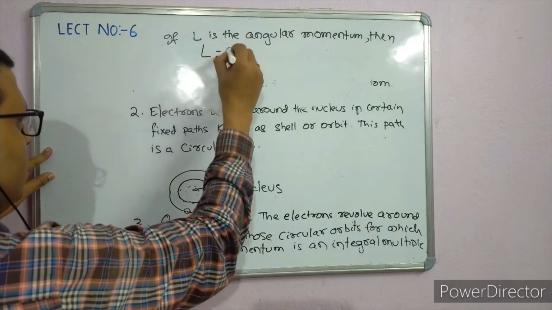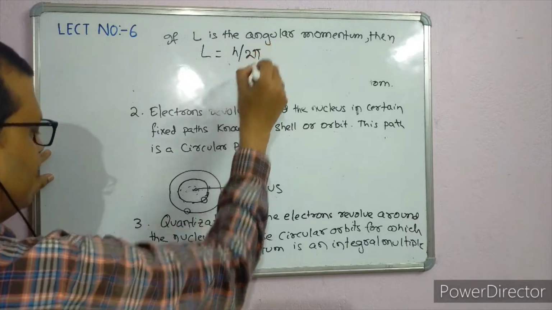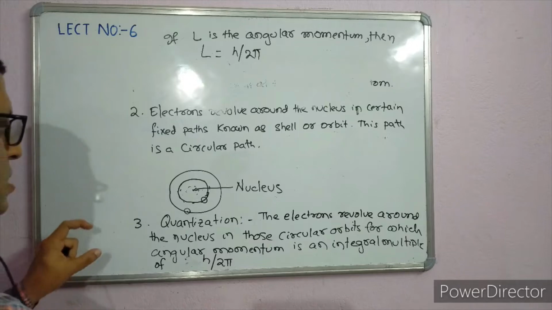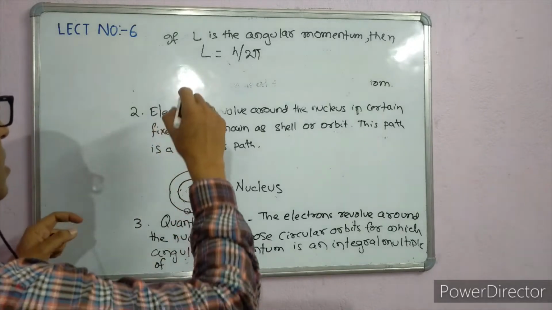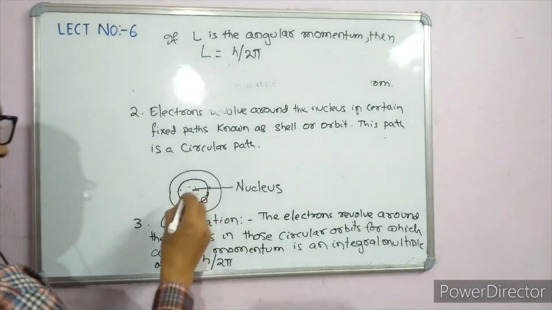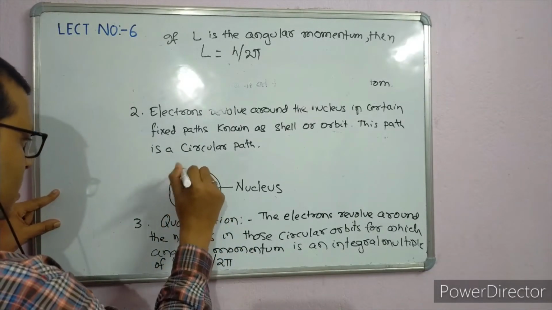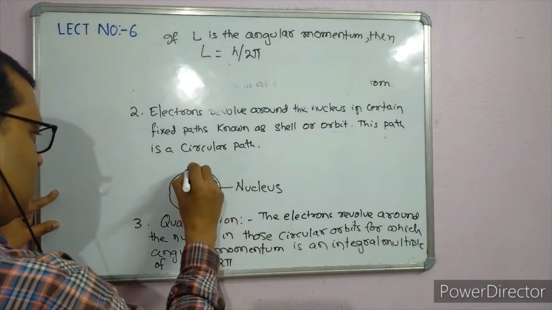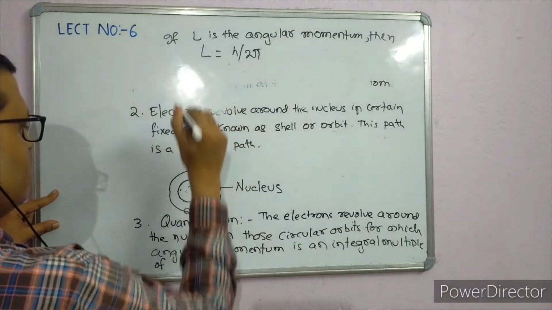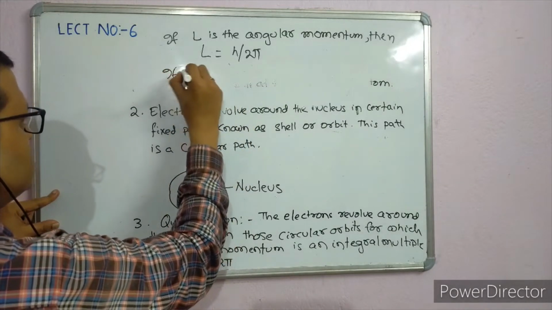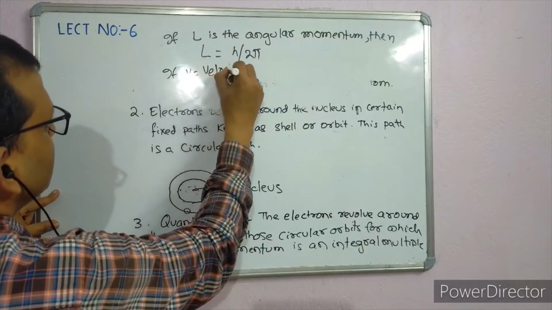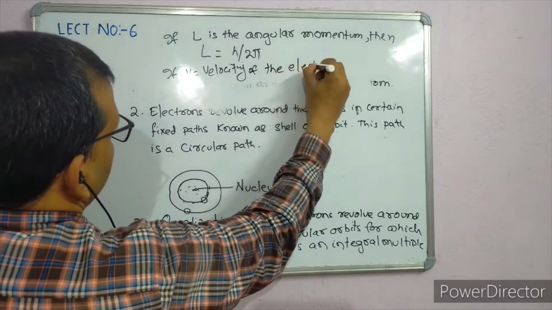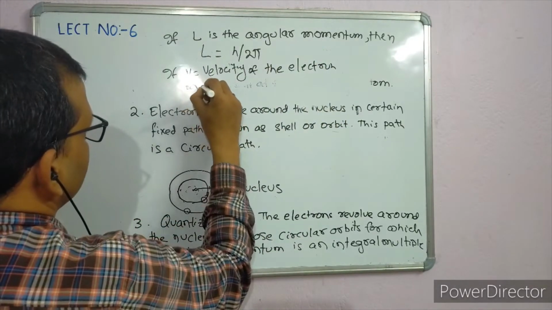L is equal to h by 2 pi, where h is the Planck's constant. So what is our L? Suppose that this electron is revolving in this path with a velocity v. If v is the velocity of the electron, m is the mass of the electron,